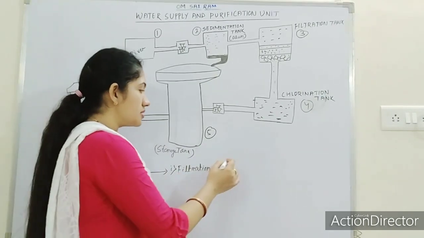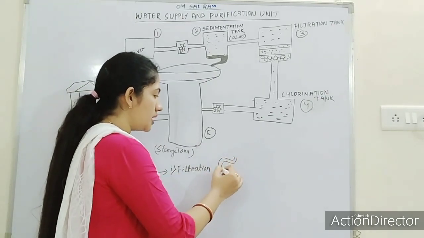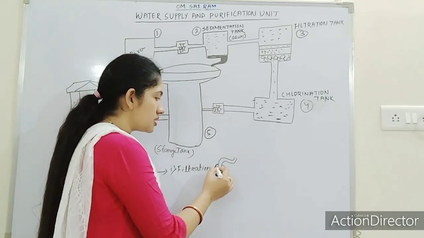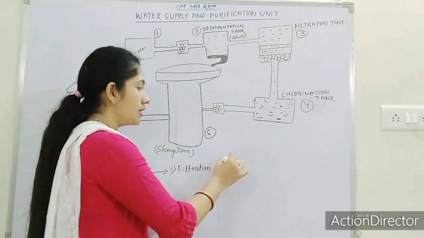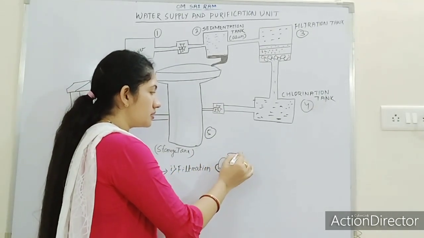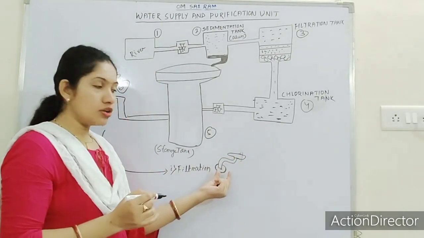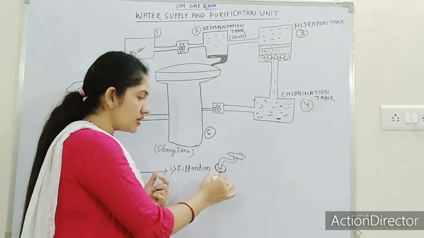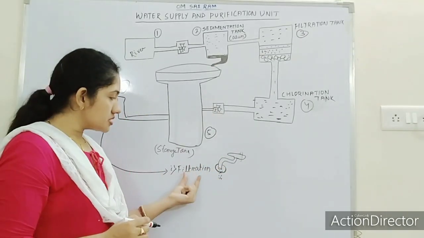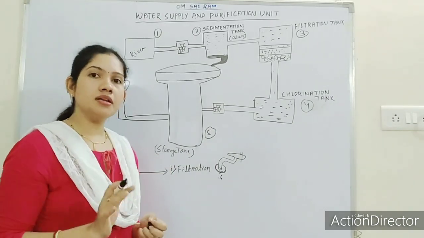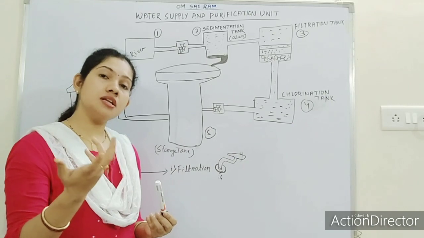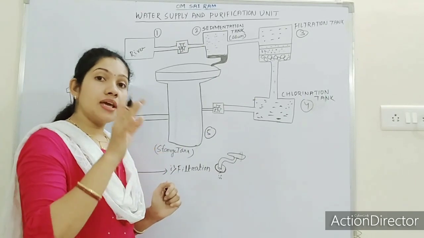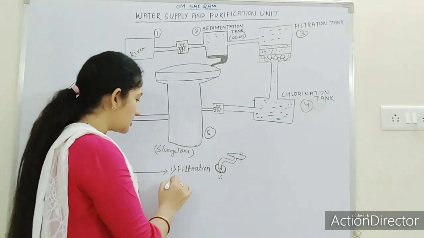Sometimes in some households I have seen, if this is the pipe or the tap, they have just wrapped the muslin cloth over the opening of the tap, so that when they open the tap, water comes out in filtered form. So this is called filtration. Most commonly cotton or muslin cloth is used for filtration. After filtration also, we have to make that water germ free. That's why the second